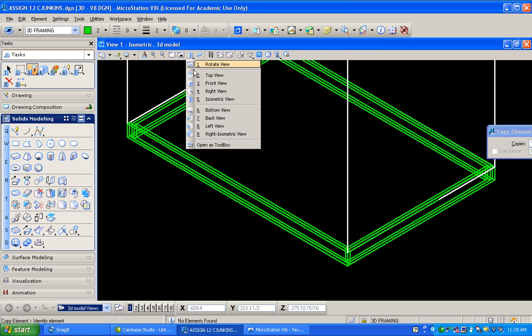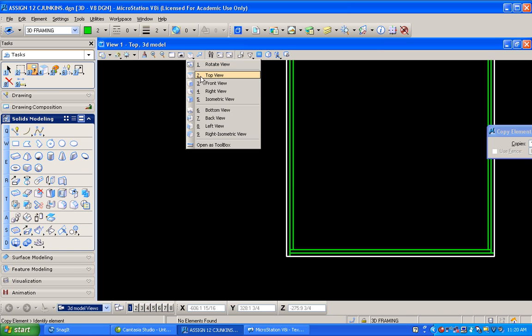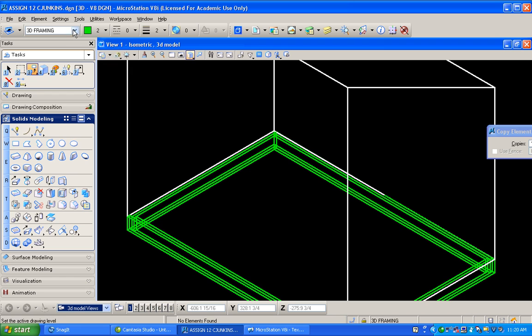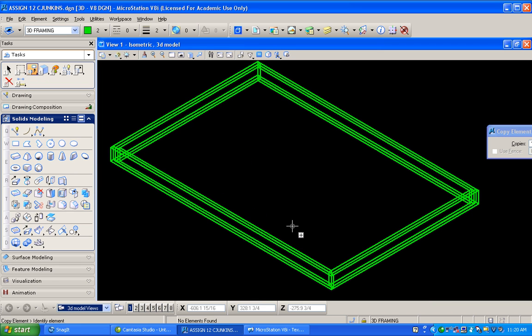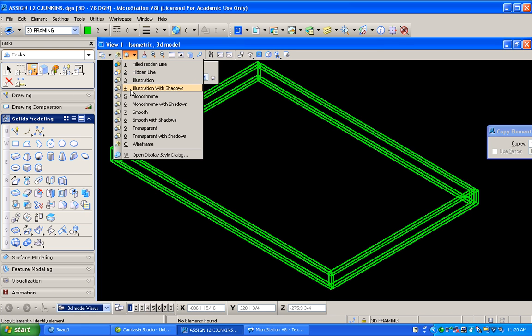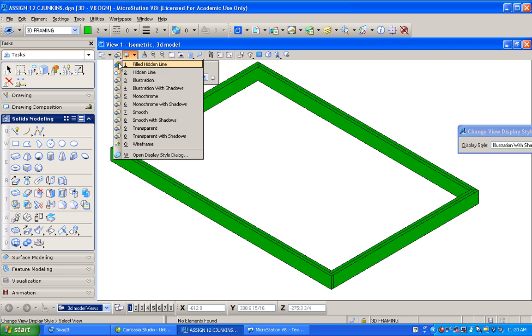If we look at it in a top view, you can see that double banding all the way around the perimeter. Let's go back to our isometric and let's turn off our 3D building shape. So all we're left with is just this outside framework, and if we look at it as a rendered image, oops, I guess get the right tool here, you can actually see those seams now on this banding. So we need to create a